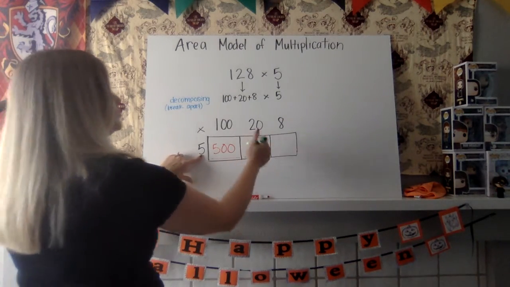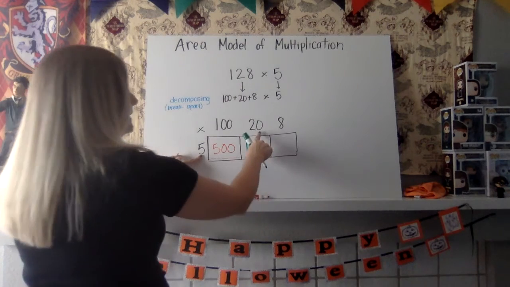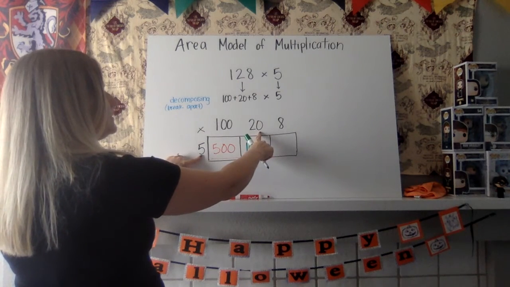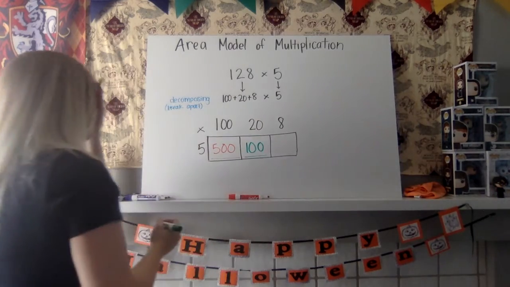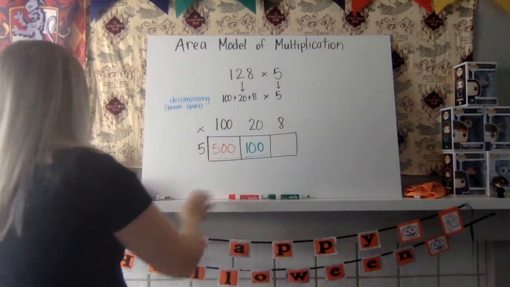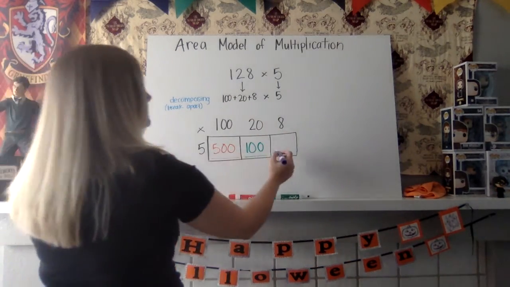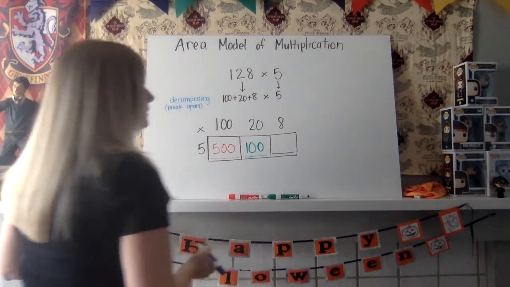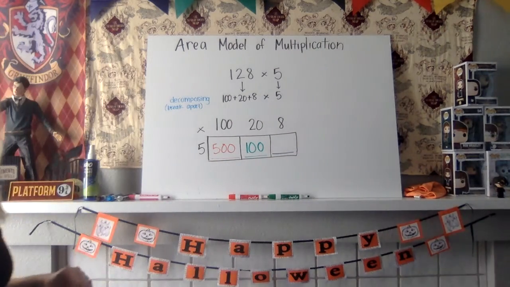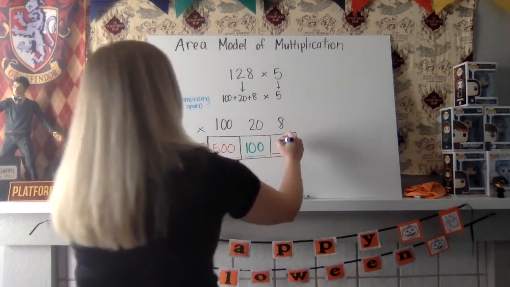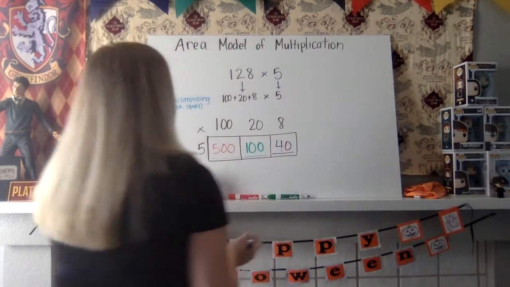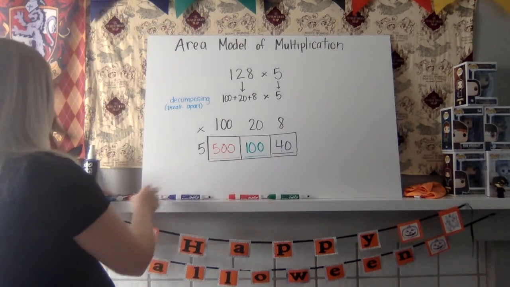5 times 2 is 10. And because of the powers of 10 rule, you are going to have another 0 in your answer. Okay? And then in our last box is 8 times 5. Again, you can use the multiplication chart that I attached. I put it in the Google Classroom. 8 times 5 is 40. Okay? Now, these are, remember, our